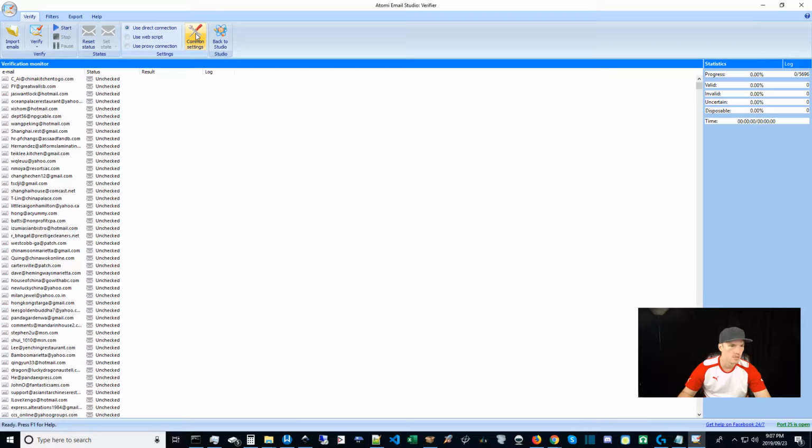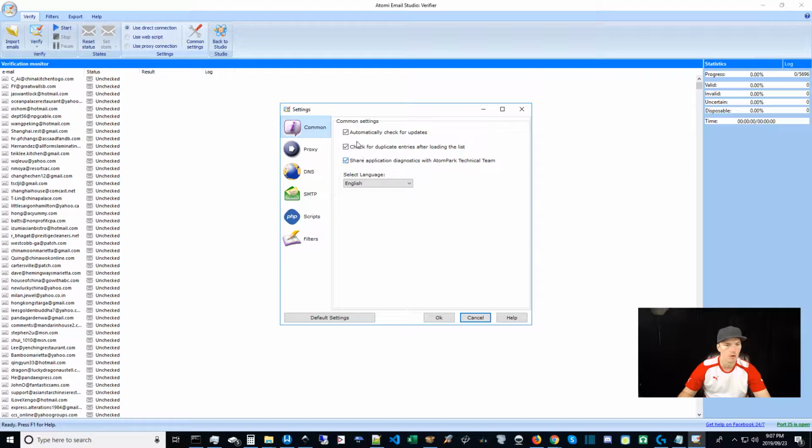So under common settings, I'm not going to go into all of this stuff because there's some sensitive data back here. In the proxy section, it's really self-explanatory. You can paste your proxies in there, and then set the number of threads. And obviously, the threads are going to go with 1 thread per proxy. But on the direct connection, I'm able to run 100 threads straight from my computer, using its IP and my